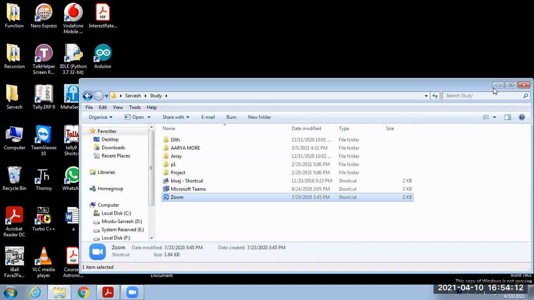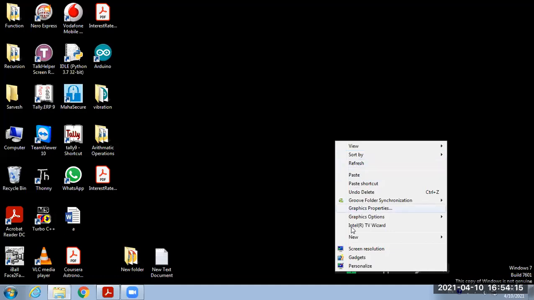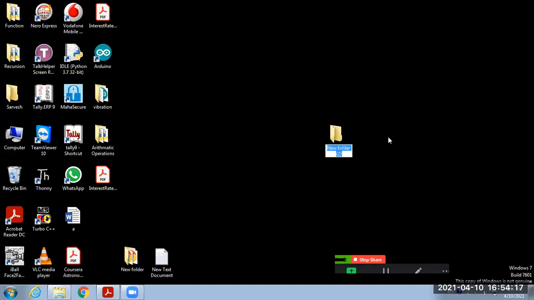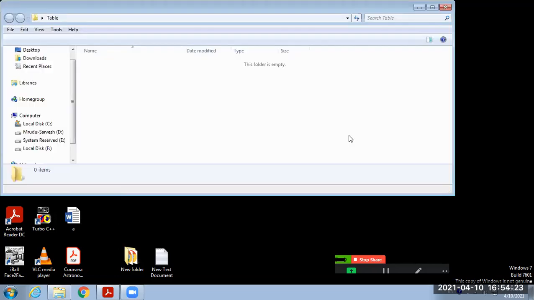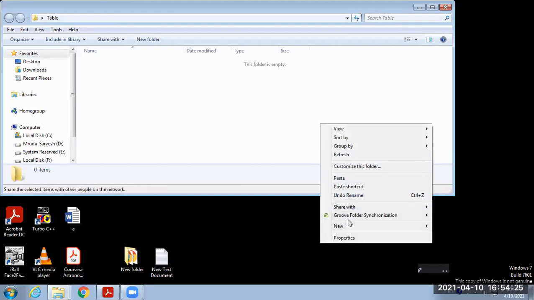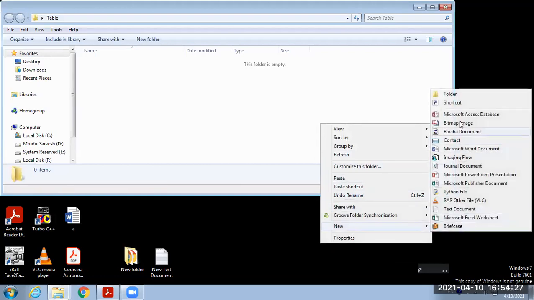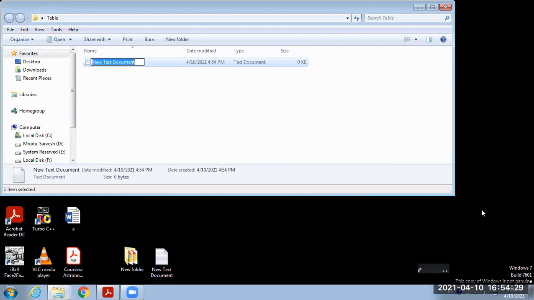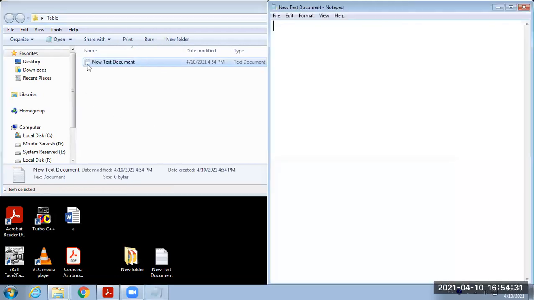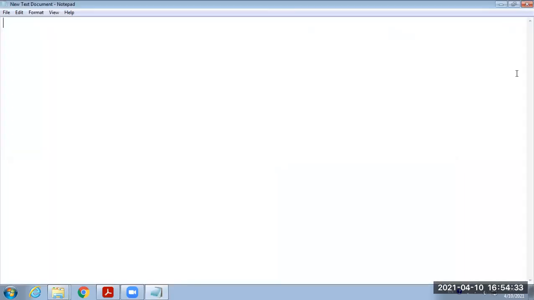First of all, create a folder on the desktop and give it the name table. Under this table folder, you have to create a notepad file. You know how to generate the notepad file. Here we have to provide the complete syntax for the program.